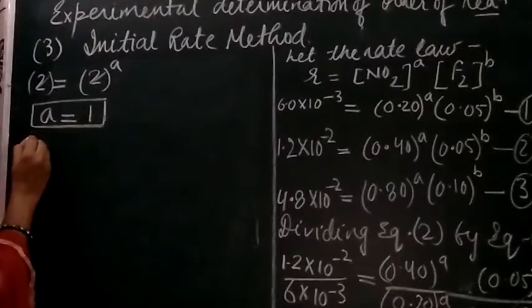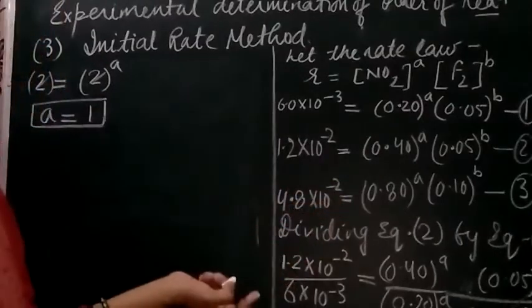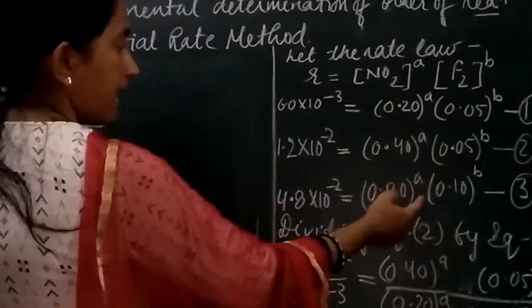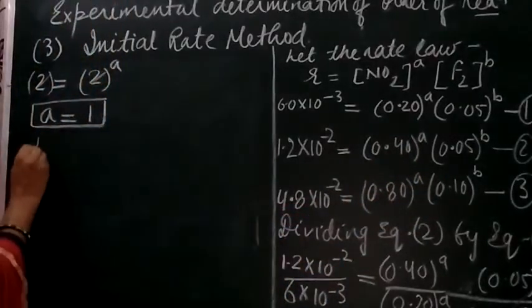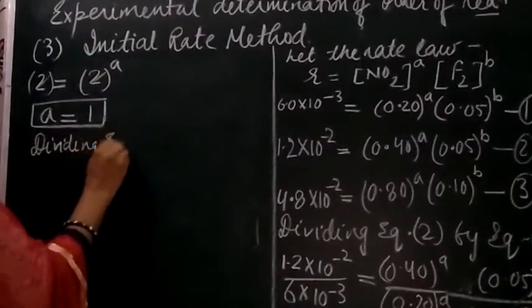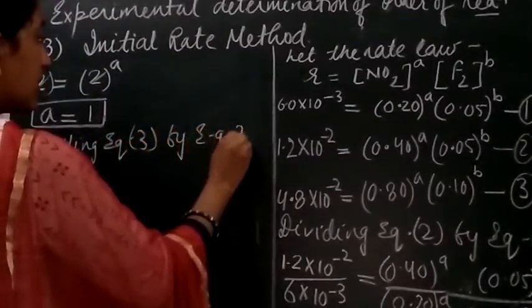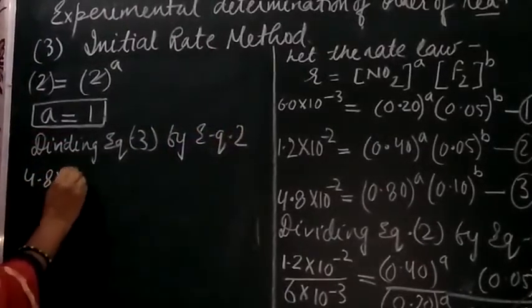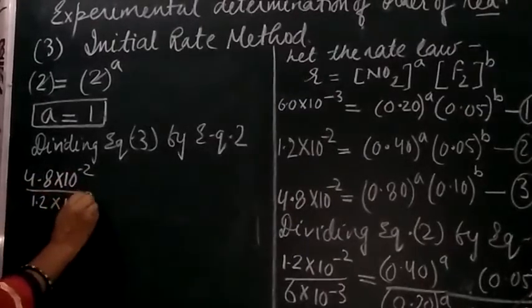For that we have to divide. We just see the values here. Now you know the value of A, you can just put it here and get the value of B. So here we can write down, dividing equation 3 by equation 2. What will we get? We get 4.8 into 10 raised to power minus 2 upon 1.2 into 10 raised to power minus 2